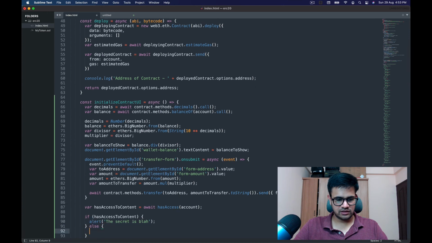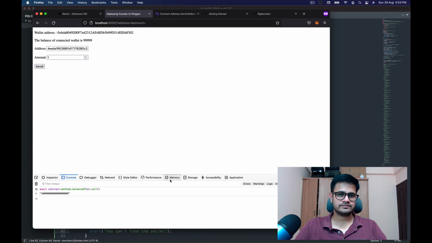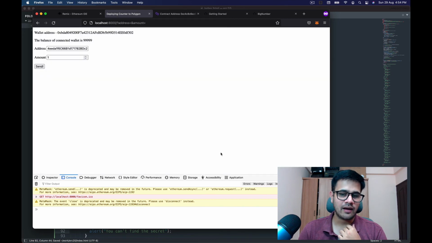Otherwise we can just be like alert, you can't find the secret, and there's a small mistake in my part over here, and then I save it, and then I go back and I refresh, and it checked with the chain, and it figured out that my balance is greater than what was required. So it says the secret is blah.